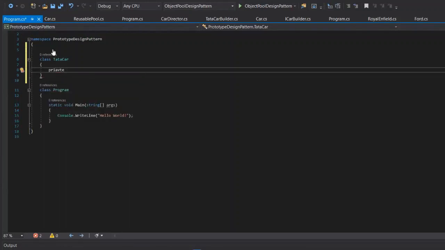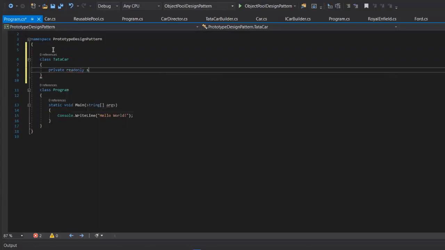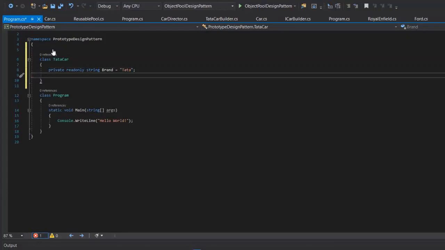Private readonly, and let's add a brand here. Let's create some new public fields.